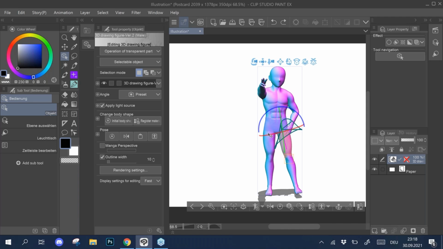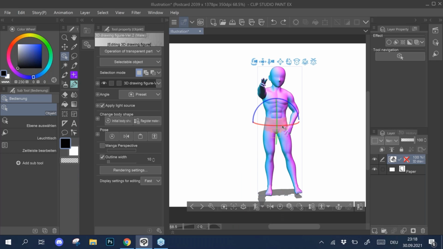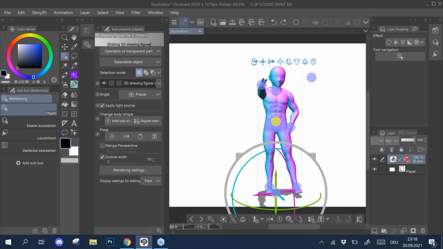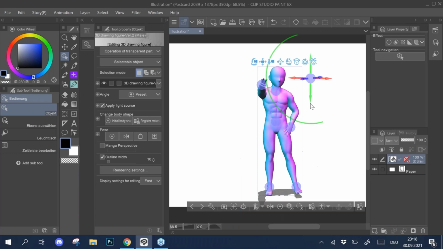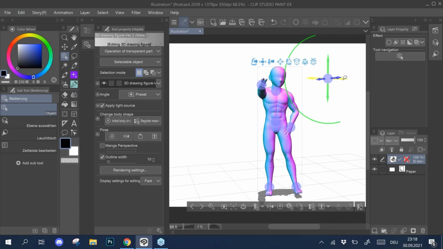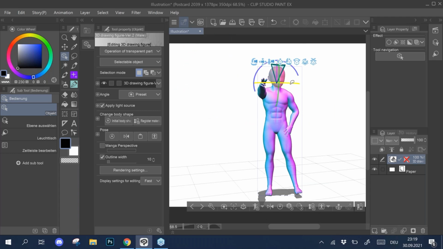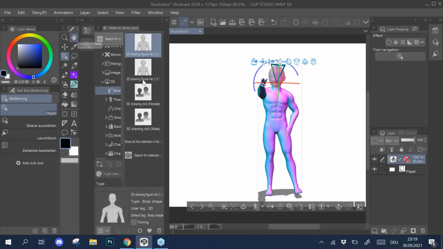Another quick method to have a rough approach to your pose is to double click the 3D model, and then we come into a different menu, which is with these little balls right here. They also give you the option to change, for example, where the character is looking. When you have this menu right here, you can of course use the axis, but if you are working with multiple characters, for example, so let's just add another one,